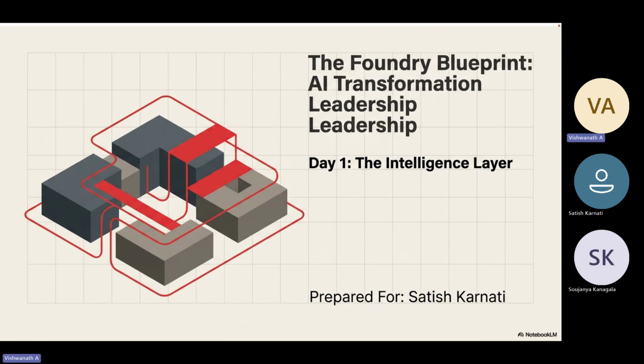So today we are going to discuss one layer which has been buzzing around the world for a lot of time, in the sense of the last 3 to 4 years, pretty much. And that layer is known as the intelligence layer. Let's forget about the artificial in intelligence for some time, so that we can at least know what kind of transformation a leader can get.